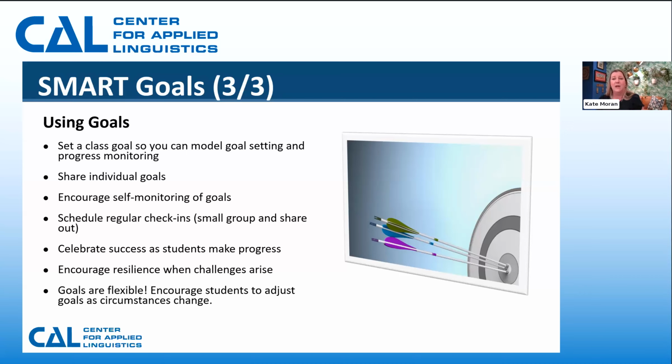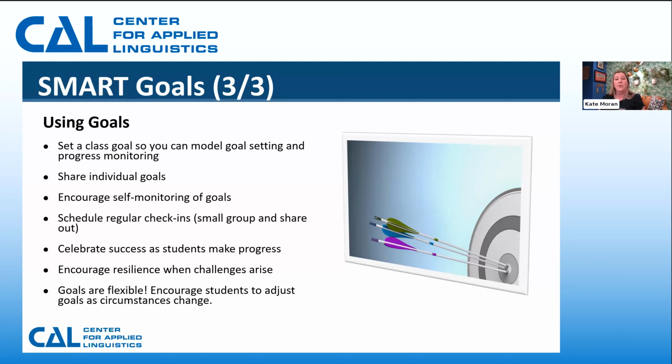There's a lot of things that could happen. I think about the SMART goal we shared on the previous page about having 3 conversations a week. Maybe that student was only able to do 1 conversation a week. They're still making progress toward their goal, but maybe they can adapt the goal. Maybe 3 times was ambitious. It was just too much for right then and there. So I know adult learners are some of the most resilient people I know, so it's not too hard to encourage resilience. But we always meet challenges when we're setting goals.